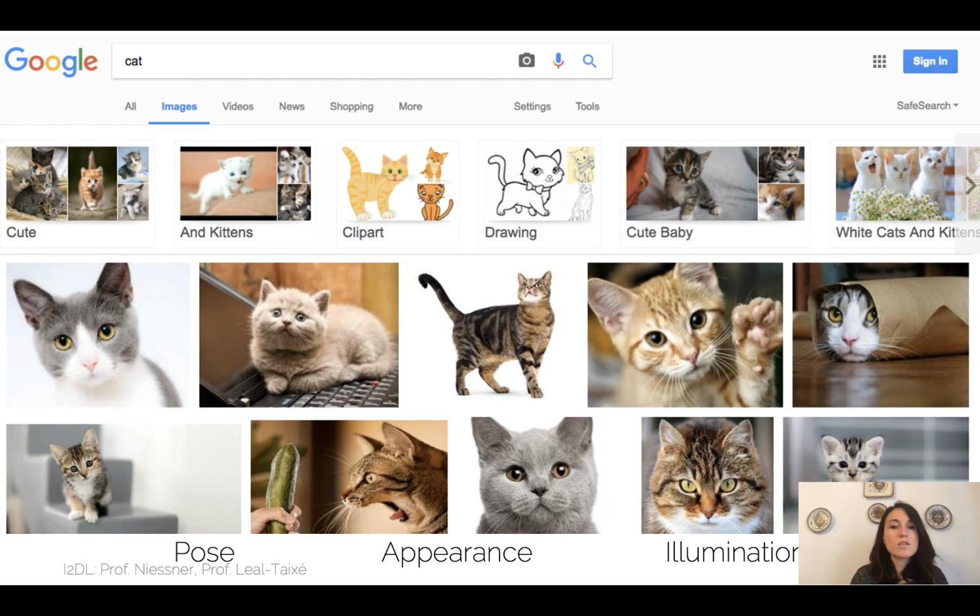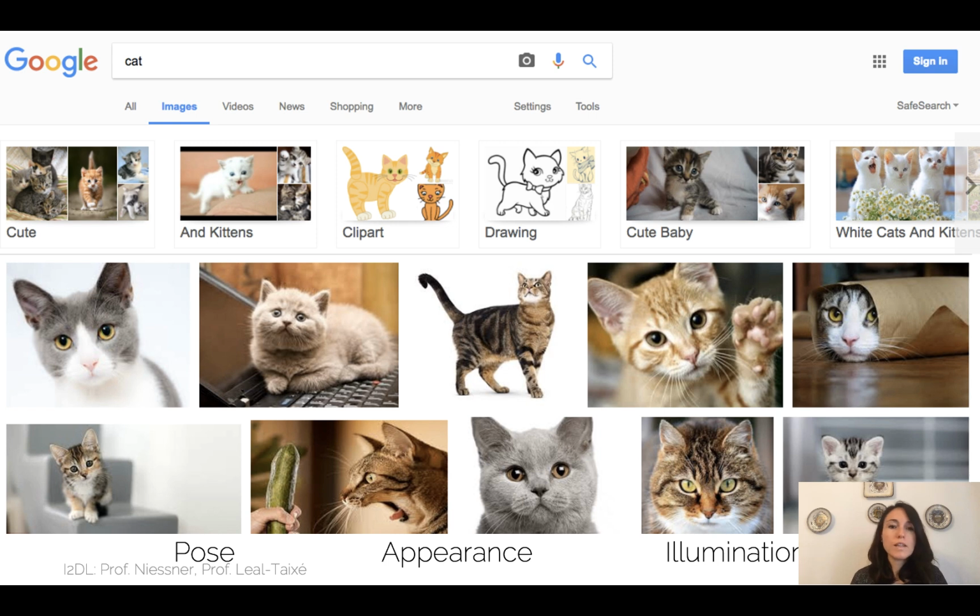Now, transformations can appear in many ways. There can be pose transformations, the cat can be in different poses. There can be appearance transformations, so we have white cat, gray cat, brown cat with a lot of texture, let's say, on the fur. There can be illumination changes. The cat can be outdoors and it can be extremely light, or the cat can be indoors and it's extremely